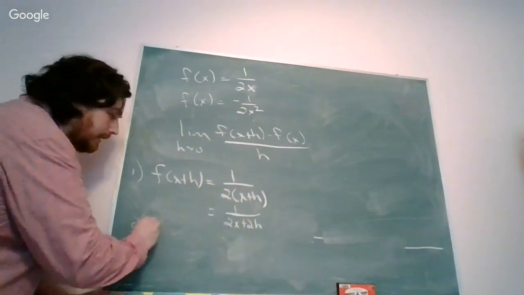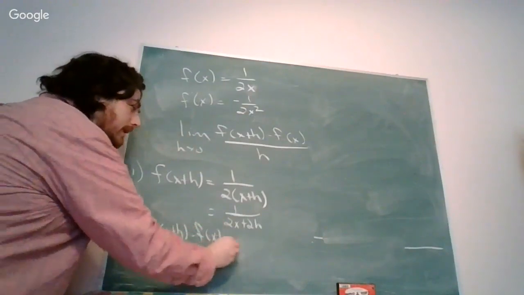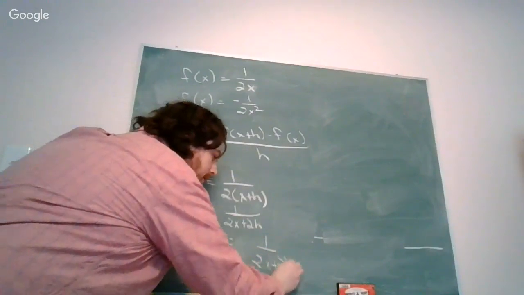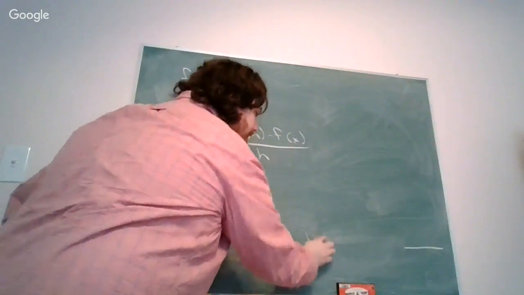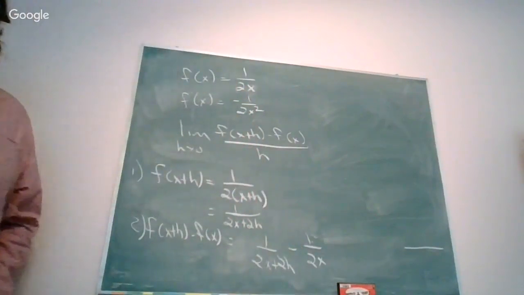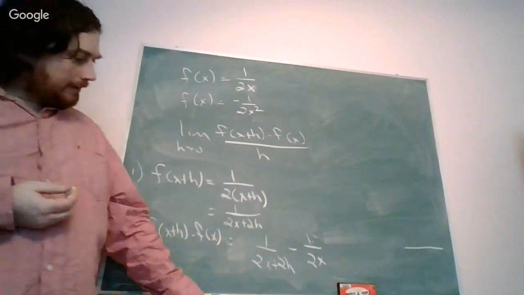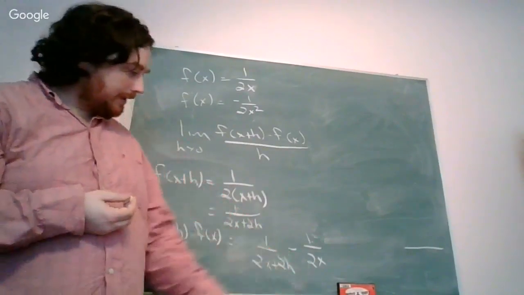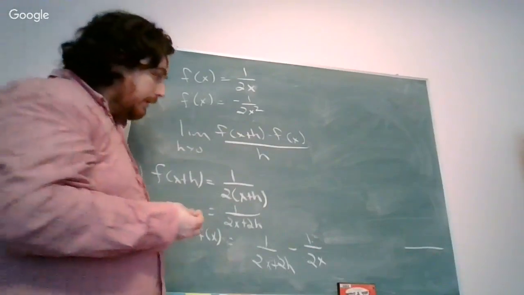So the next thing I'm going to do is take f of x plus h minus f of x. And I'm going to end up with 1 over 2x plus 2h minus 1 over 2x. Now, what we need is a common denominator. So in order to find a common denominator, I'm just going to multiply this fraction by this denominator and this fraction by this denominator. So what I'm going to end up with is